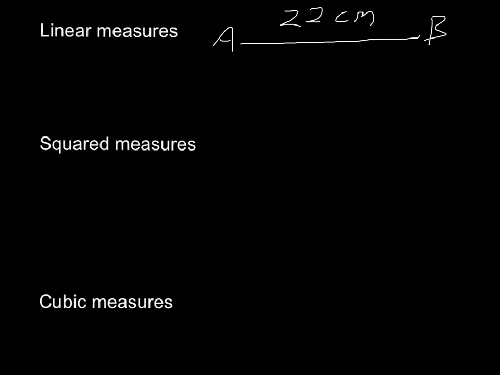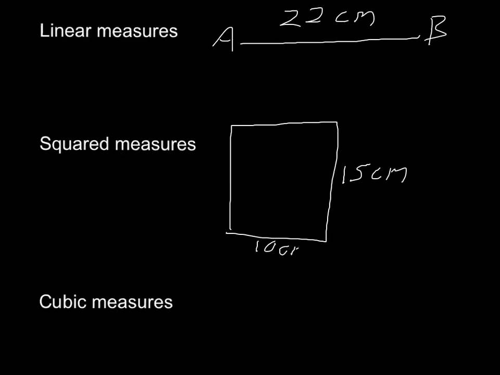Okay? If we're looking at squared measures, it's when we've used two linear measures and multiplied them to get the area of something. Okay, so let's say we're looking at this football field. Okay, we need to get the length and the width. So if we said the width was 15 centimeters, the length was 10 centimeters, then we'd have a total area using area equals length times width